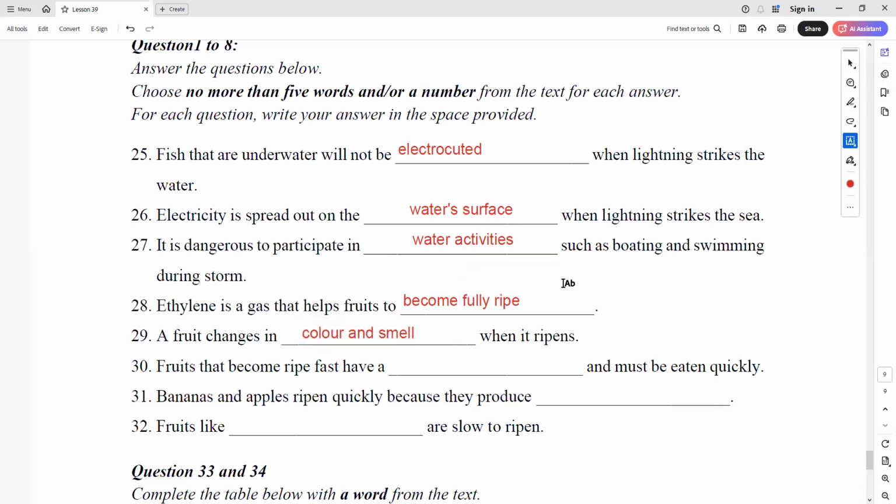A fruit changes in color and smell when it ripens, okay? I read it again, 小心。